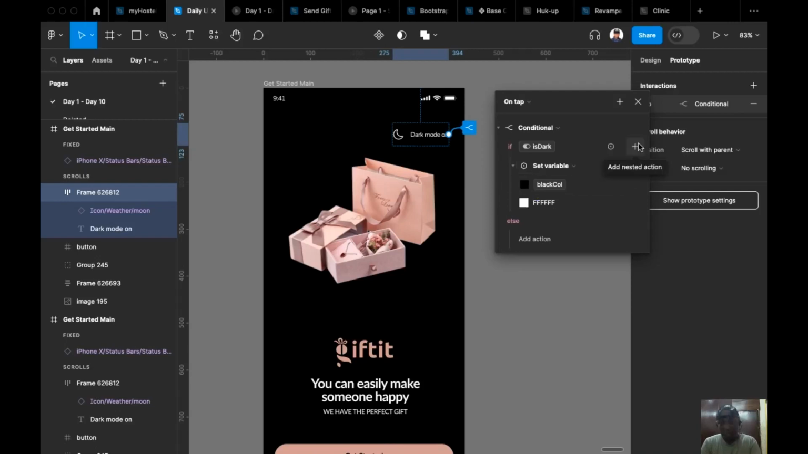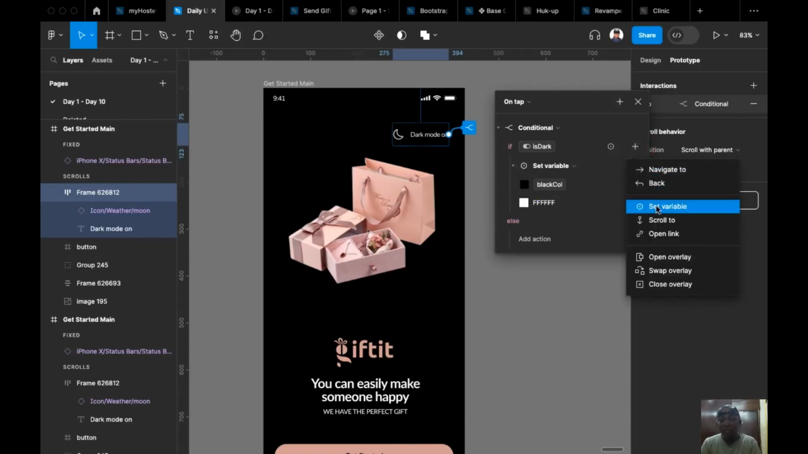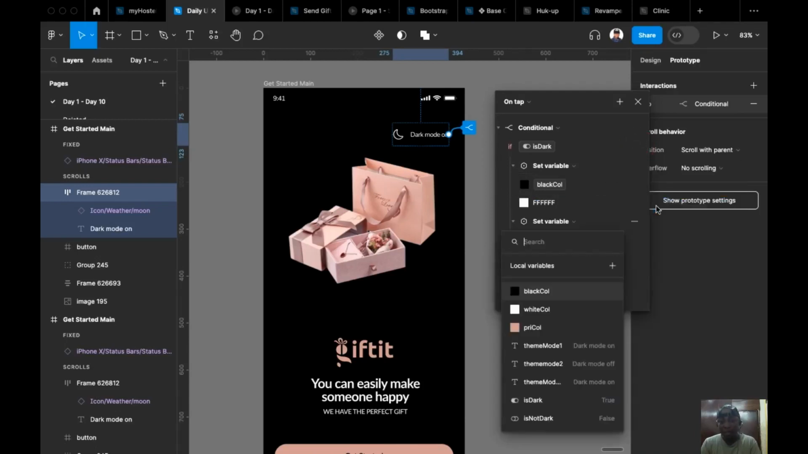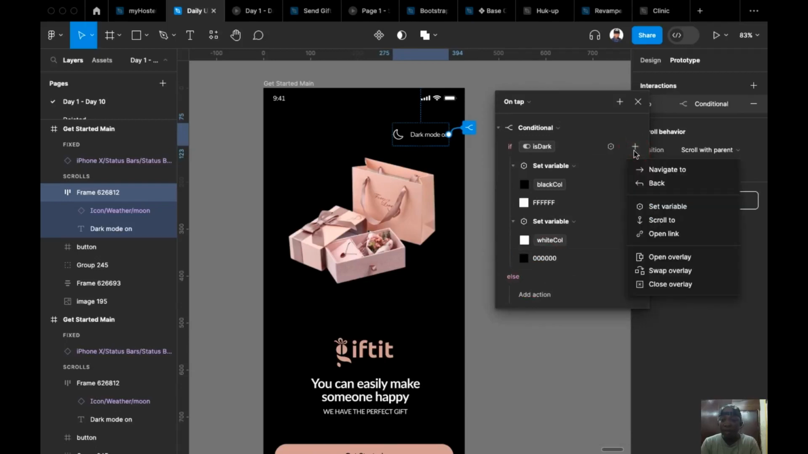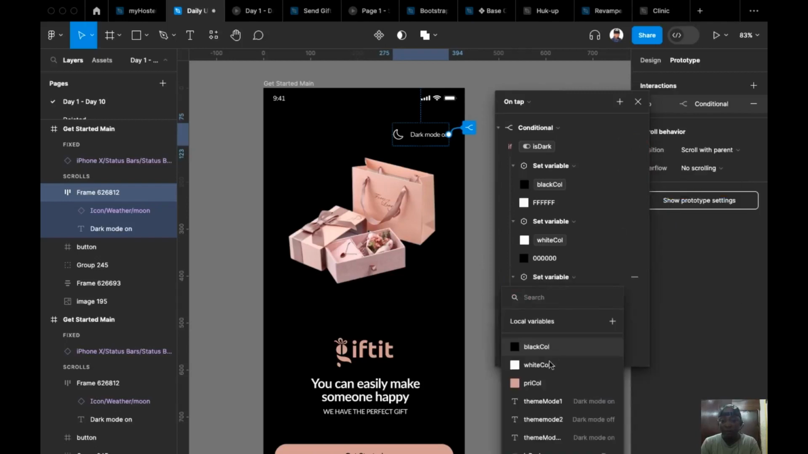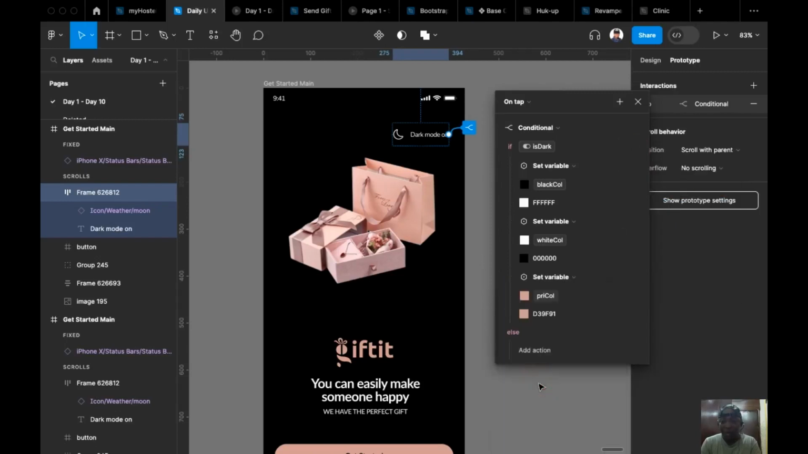Again, I would still click on this plus to add some other action. The action is going to set variable again. So our white color should change to our black. Again, I'll go to the front of if and add another action, which is going to set variable, and the variable we want it to set here. So these are primary color. We want it to change to black, because